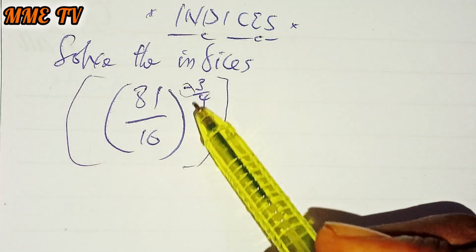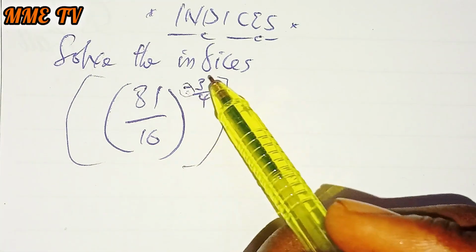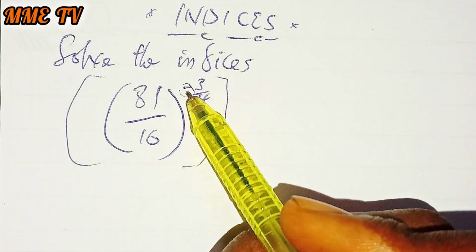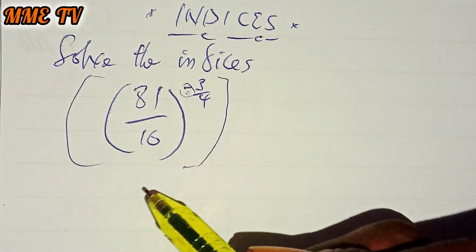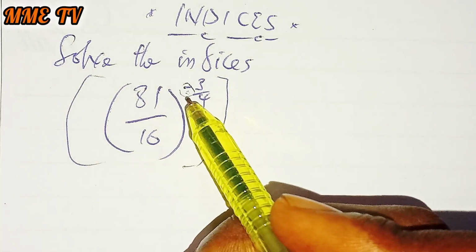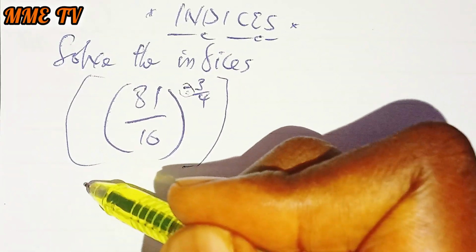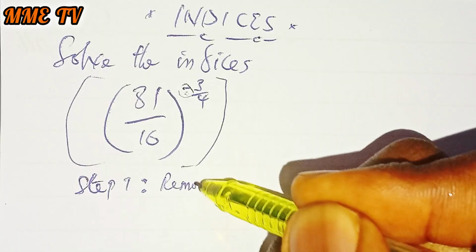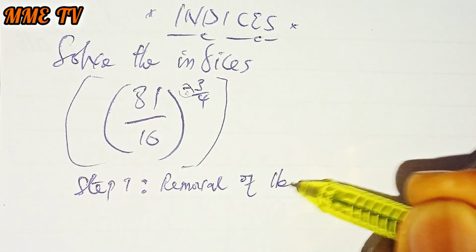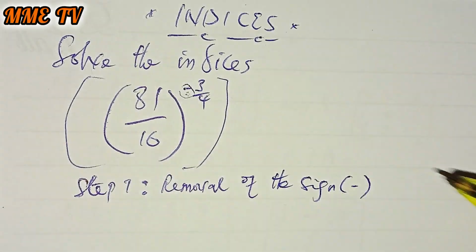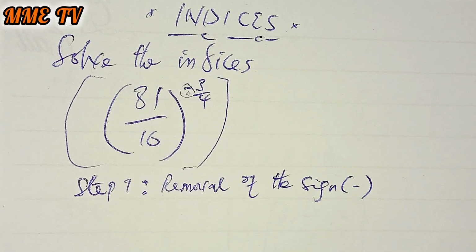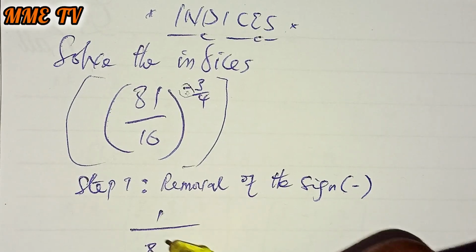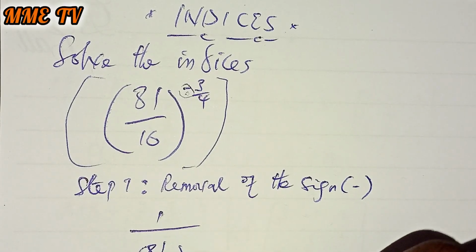Okay, for me to remove this minus sign that belongs to this, which is raised to the power of 3 over 4, what I'm going to do is this. Remember that the first step, step 1, is removal of the sign. What sign is that? The negative sign. So in doing that, I will say 1 divided by 81 over 16,